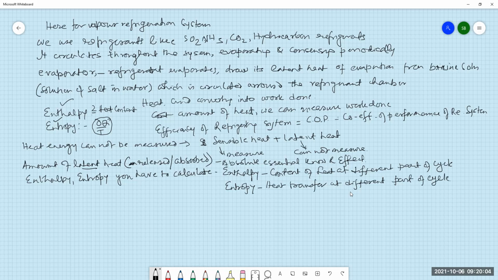Both these things, this entropy actually measures the latent heat. It cannot be measured; you have to calculate the entropy. Enthalpy is measured mostly by the sensible heat change. Always it is not possible for this type of closed cycle, the circuit, to know the temperature everywhere. Although there is a thermometer to know the temperature, you can also calculate this heat. You can measure, you can calculate.